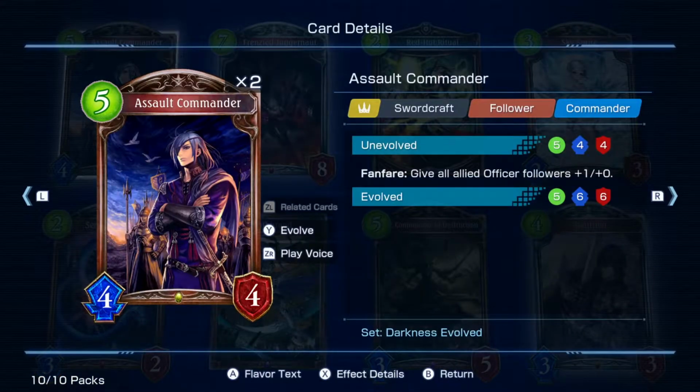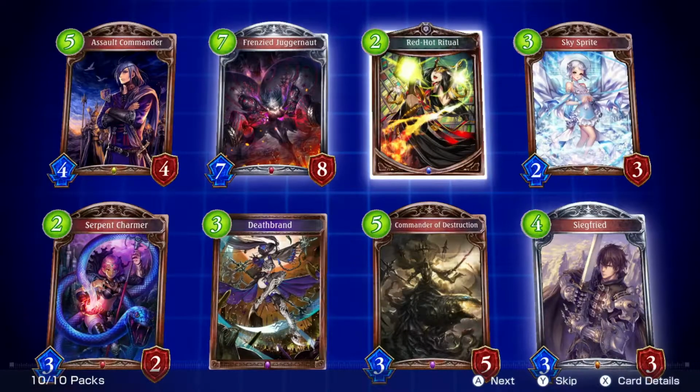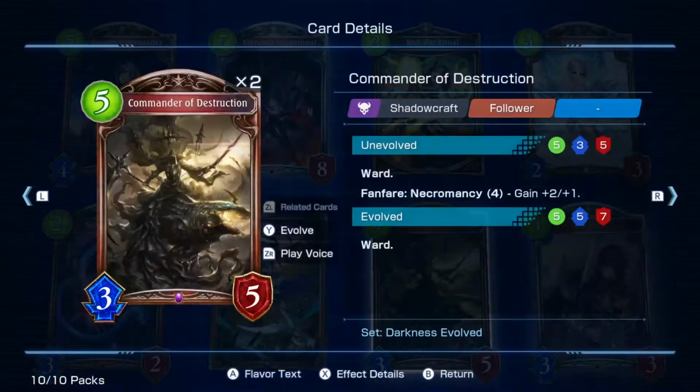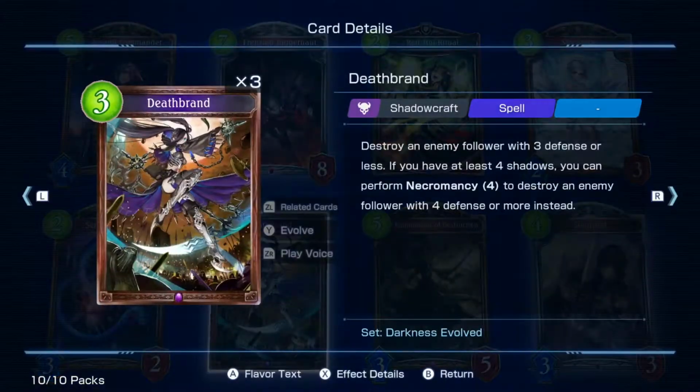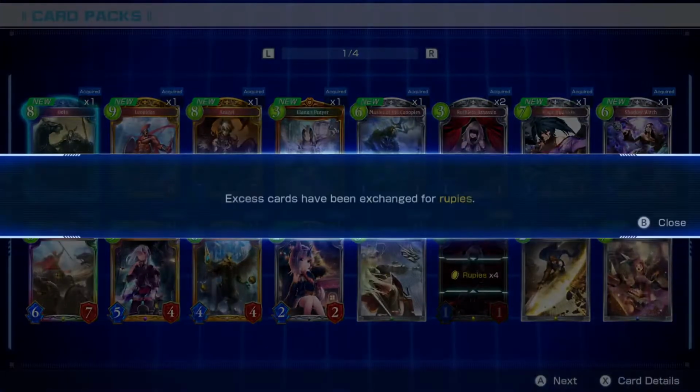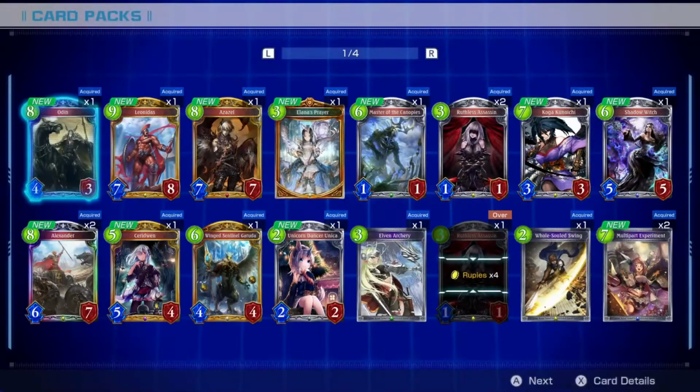Nothing too special. Fanfare, give all allied officers +1/+0. We got another Siegfried. Got another one of these guys. Alright. I don't think we got too much there, but we got our cards, so now we can build our